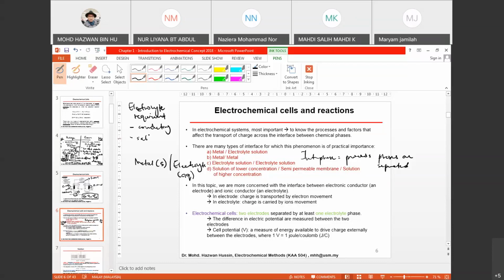If you use salt alone, it's not going to conduct electricity because it is in solid phase. But if you melt it, molten salt,